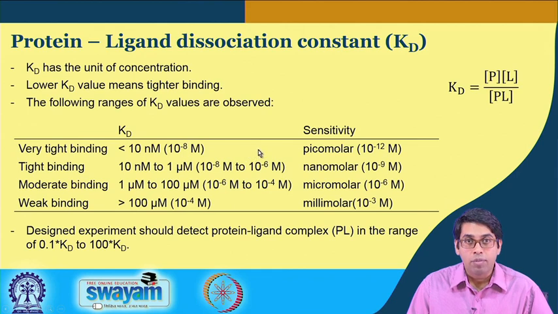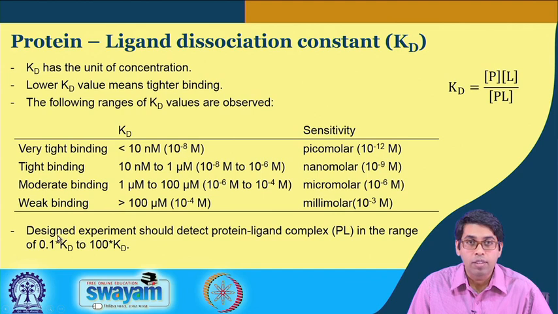It turns out that the experiment that we are going to use, its sensitivity has to be lower than the binding constant that you are going to measure. So, if you are going to measure a binding constant in the nanomolar range, the experiment that you will use should have a sensitivity in the picomolar range. Similarly, if we are measuring a weaker binding constant, then a much lower sensitivity will suffice. So, the sensitivity should be lower than the binding constant, so that we can cover a range of protein ligand concentrations to get the binding constant.